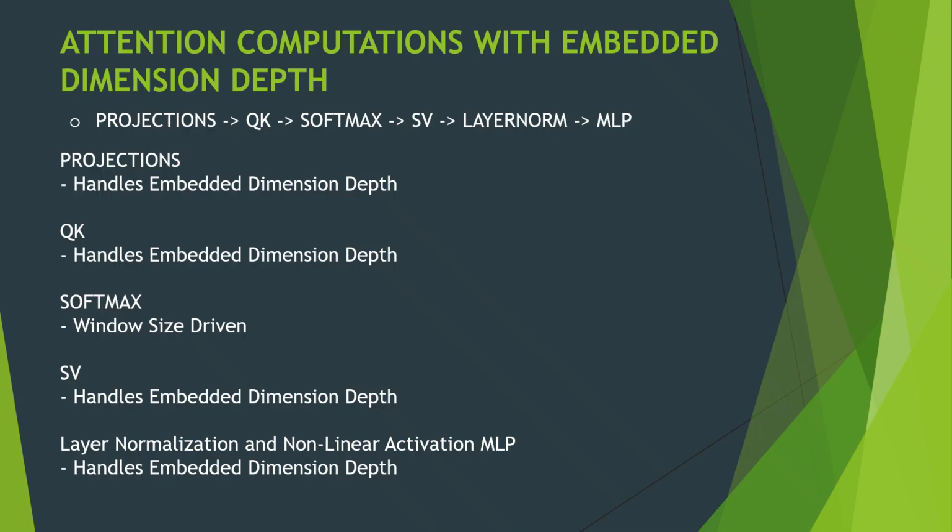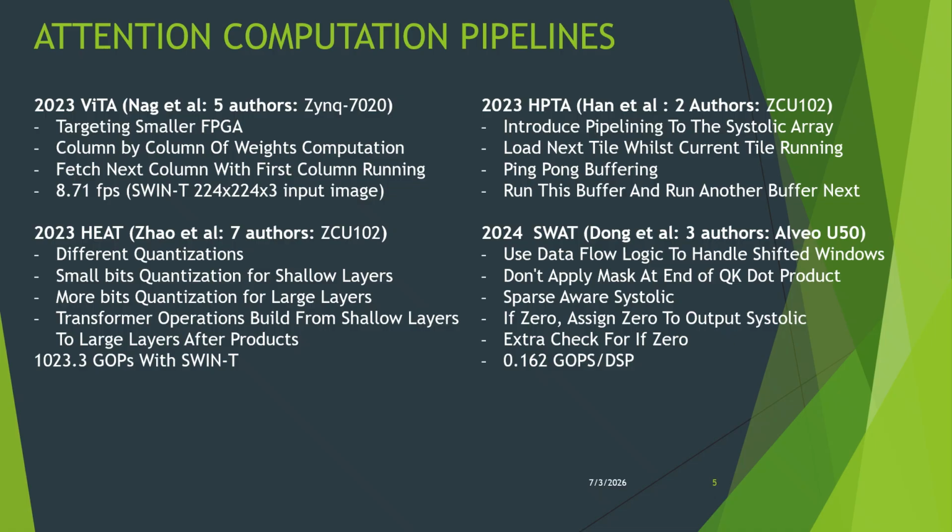And these are the attention steps that handle embedded dimension. Projections handle embedded dimension, QK handles embedded dimension, softmax does not, SV does, layer normalization and nonlinear activation also do. So, attention computation pipelines that have been designed on FPGAs on different target devices: